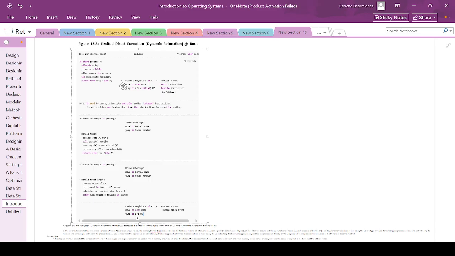So the CPU finishes one instruction of A, then checks if an interrupt is pending. So it first finishes the instruction of A and checks if there's an interrupt pending that needs to be handled after that instruction of A is complete. So if the timer interrupt is pending,